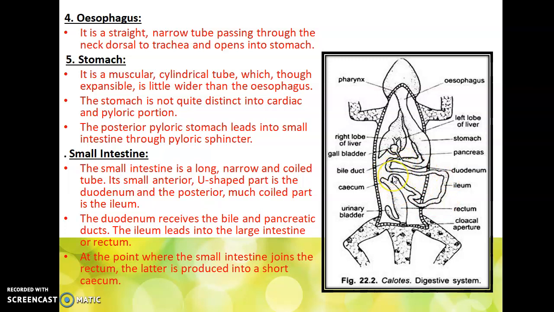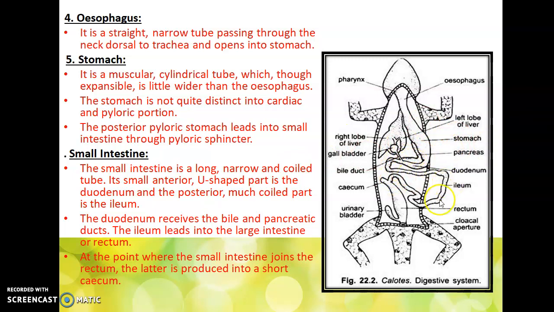We know that the small intestine is the major site of digestion. So the food which is swallowed by this particular organism is first digested in the mouth, then passes through the buccal cavity and esophagus, and the second digestion takes place in the stomach by means of the acid hydrolysis present there, and from the stomach it will move into the small intestine. Then comes the small intestine.